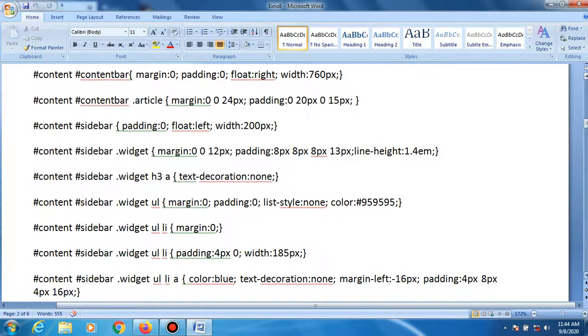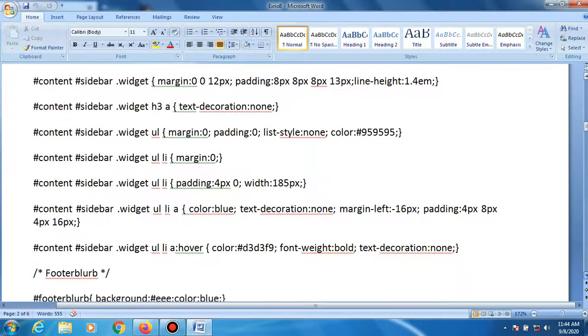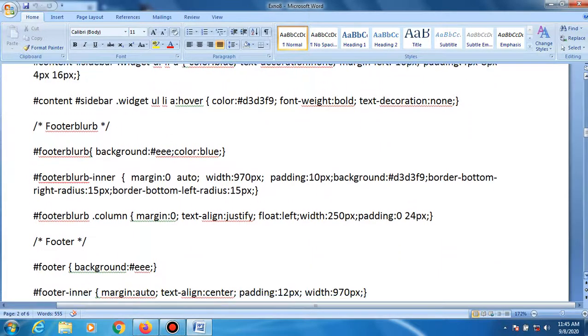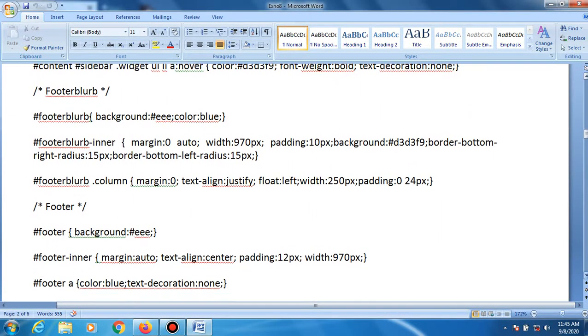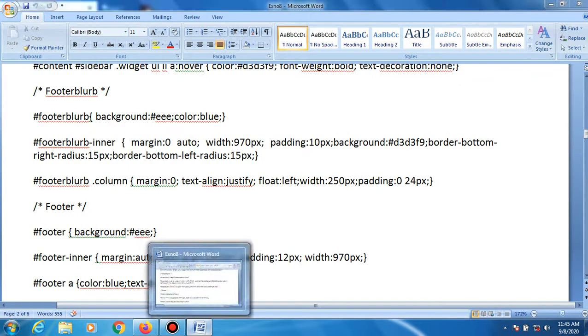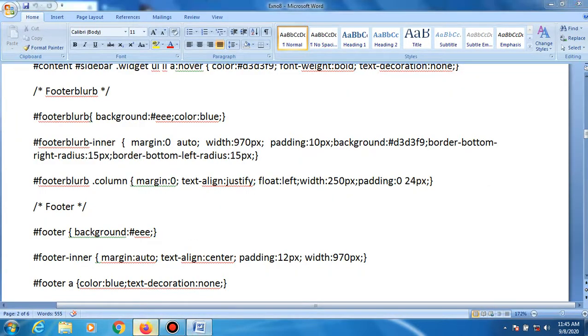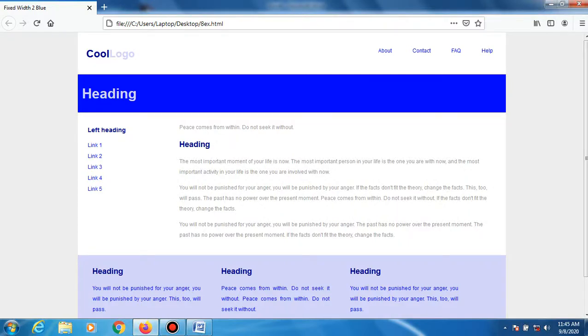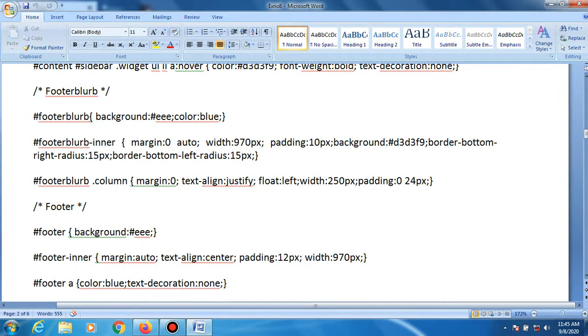at the end of every line it must continue in the next line, and a footer is also there. I already said that the header and footer are defined in this page. So here there are three footers, and the three footers have three different heading lines. These footer heading lines are our footer blurb. It is a blue color that is to be defined, and it justifies the footer colors, and it is split into three parts.